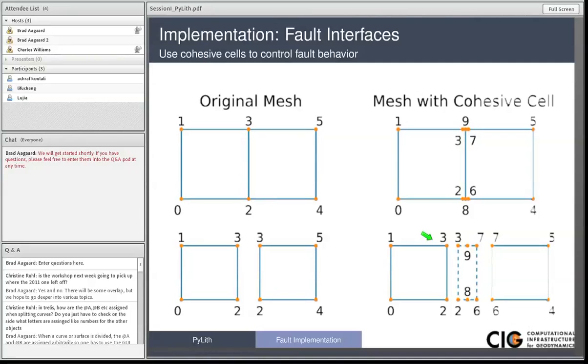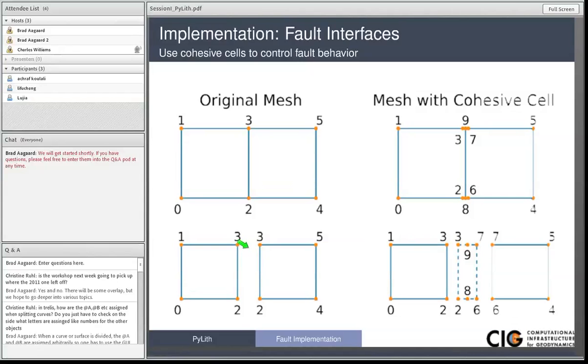In terms of how we implement this solution of the Lagrange multipliers and how we treat the fault, we do things a little differently than many people do in finite elements that are traditionally done in geodynamics especially. If our original mesh was shown on the left side, and we show what it looks like element by element, there are two nodes in common between these two cells. Vertex 3, or node 3, is shared by both elements. In implementing faults, when there's a fault, we insert additional degrees of freedom here for the